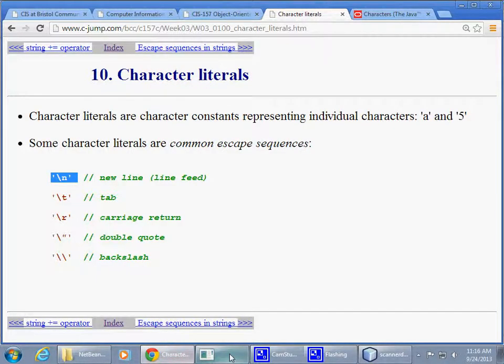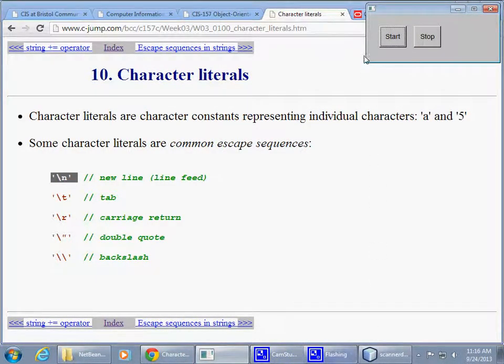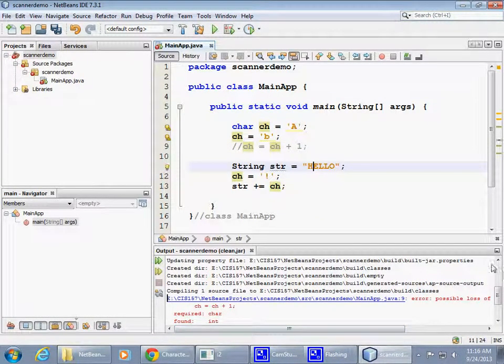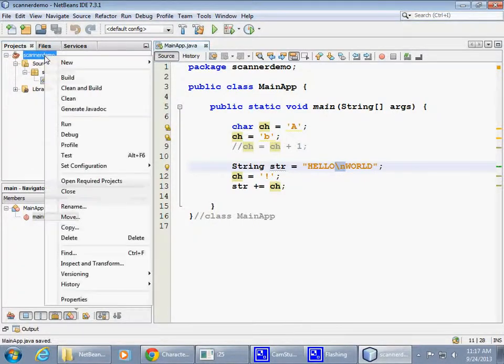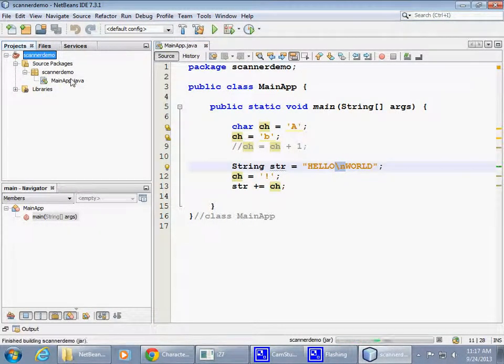For example, in my project here, I could say hello new line world, and I'm using a capitalized letter so that you can spot easily the new line embedded in my string. So if I save this and again try to build